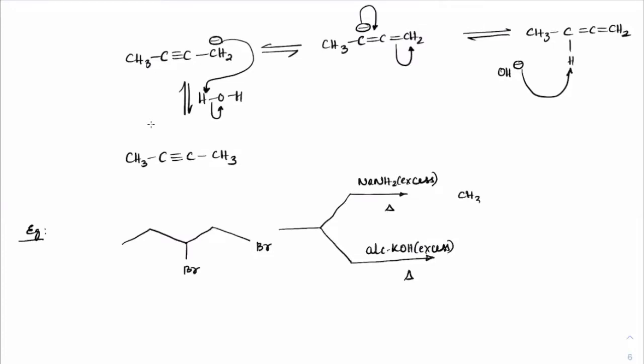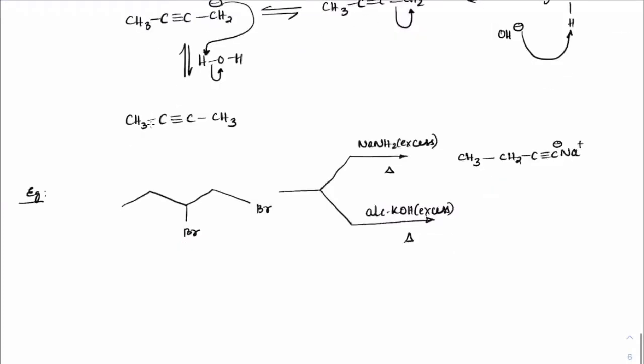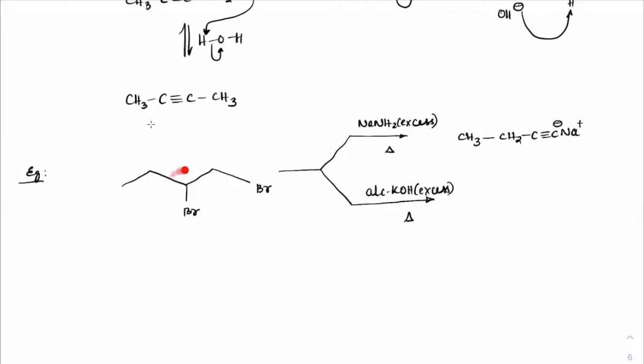So when you write it as excess and heat, we know that it will become CH3, CH2, C triple bond, C minus Na plus. Remember, in case of NaNH2, it is coming from more substituted towards terminal. So here it is already at the terminal. From terminal, it can't go towards the more substitution. But from terminal, this can go to more substitution in the case of alcoholic KOH. So if you check out the final product, we will have CH3, C triple bond C, CH3 as the major product. And the minor product would be simply CH3, CH2, C triple bond, CH.